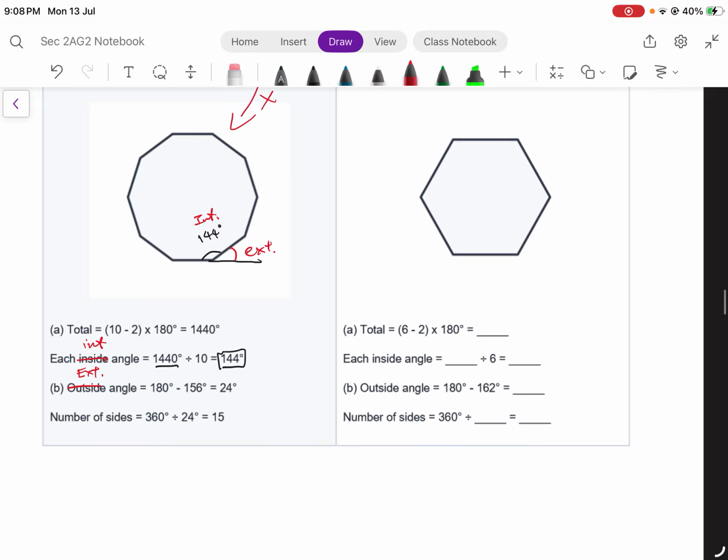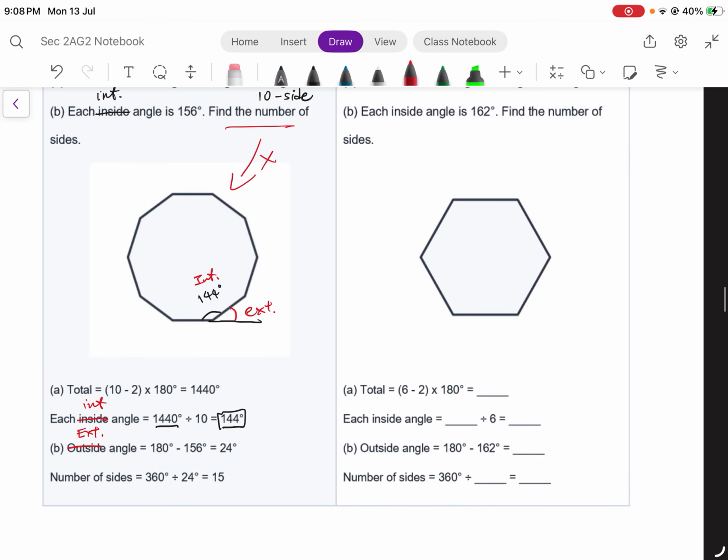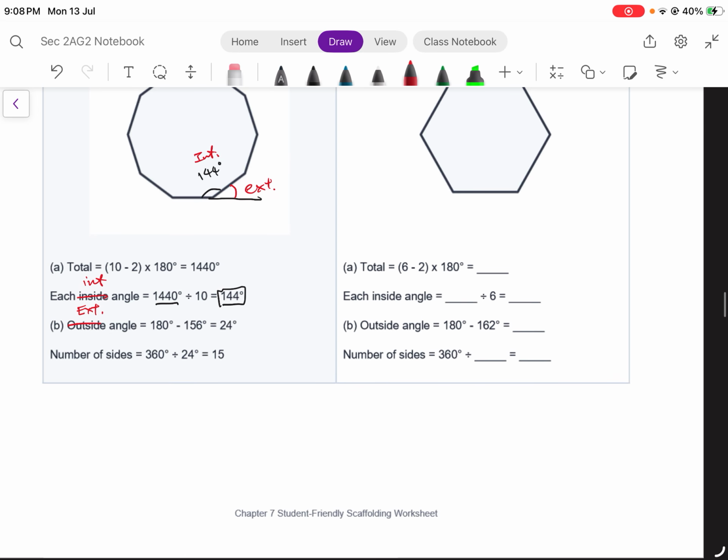Now, if we want to use the interior angle, we don't know the total interior angle here because we don't know the number of sides. But the total exterior angle of any polygon always equals